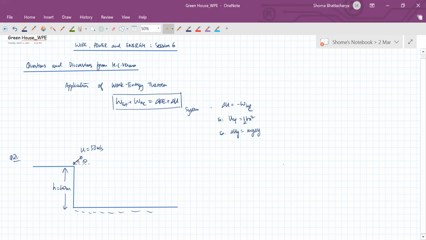Okay, so now the projectile takes this parabolic path and then eventually hits the ground with some speed v over here. So we want to find the speed v. You can do this by kinematics also, but here we would prefer to do it by application of the work energy theorem. So if you take the particle plus the earth as a system,